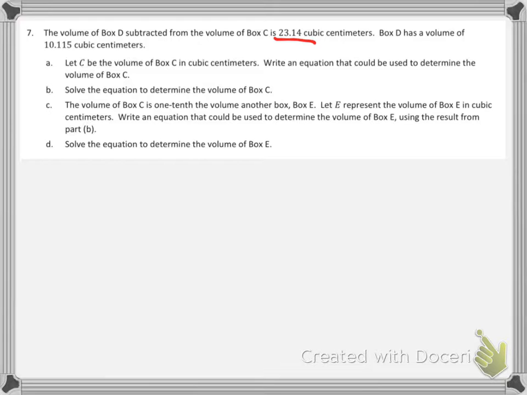So if box D has a volume of 10.115, I could say that box D is subtracted from the volume of box C. So we're going to go box C minus box D is going to equal